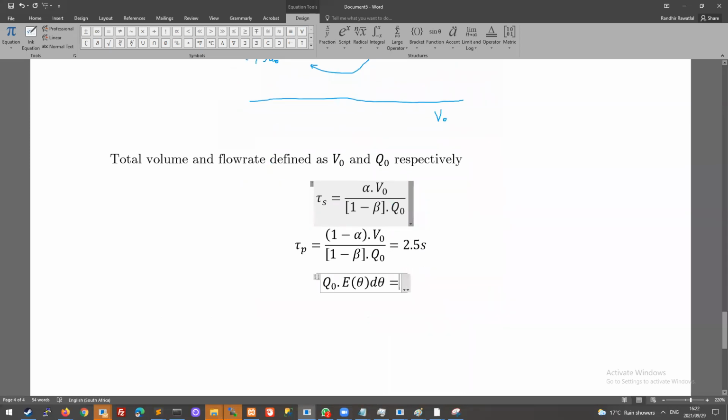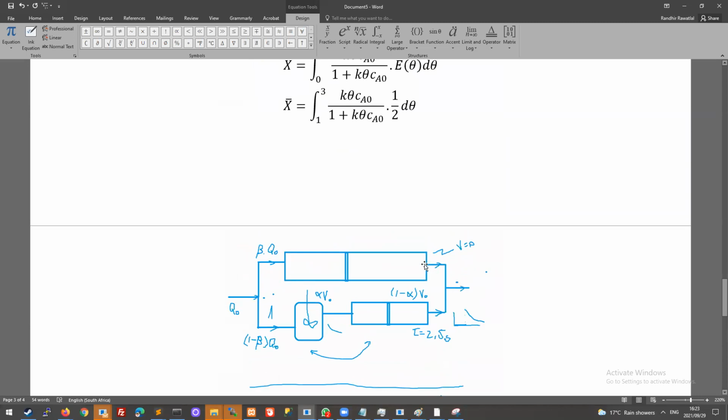That's going to be beta times Q naught times the Dirac delta, delta theta, and this we should say d theta. And so that's the contribution at this point from the upper branch, and then we have to add from the